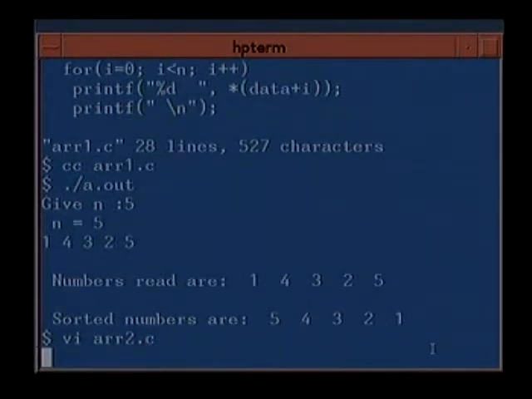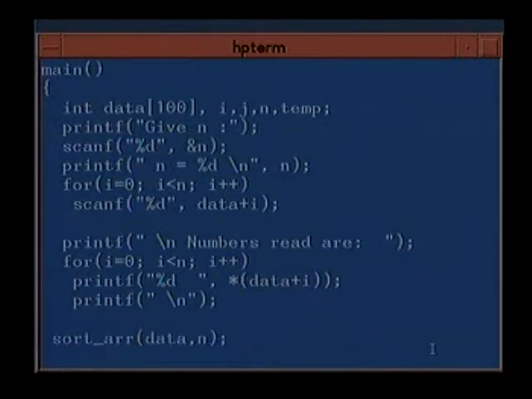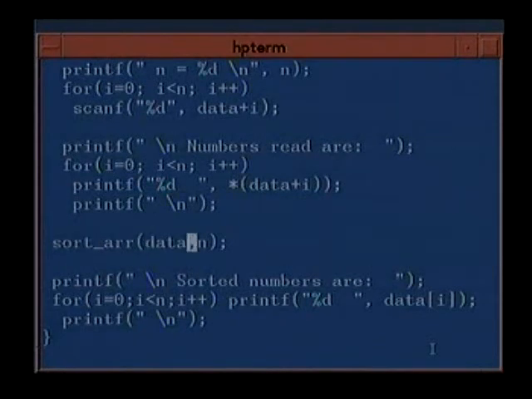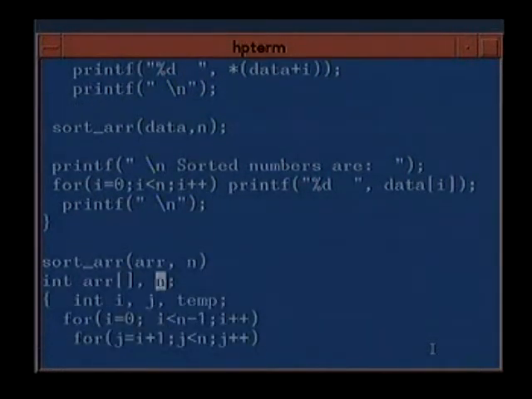Coming to the second example, here we use a function, and this function is called sort array. Here again we have read data plus i, initially printed star of data plus i, and called sort with data and n, and after sorting we printed the sorted array. Now in the sorting, as we did before, int arr[], we don't have to give the size because we don't allocate any element, we only want the address. Though we cannot change this address, we will utilize this address.